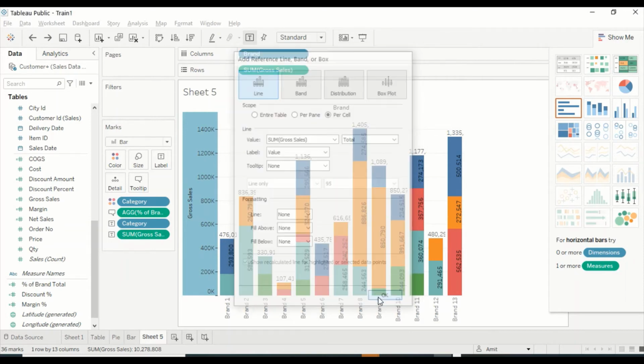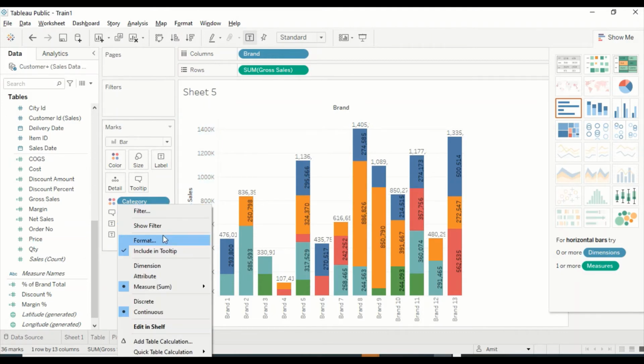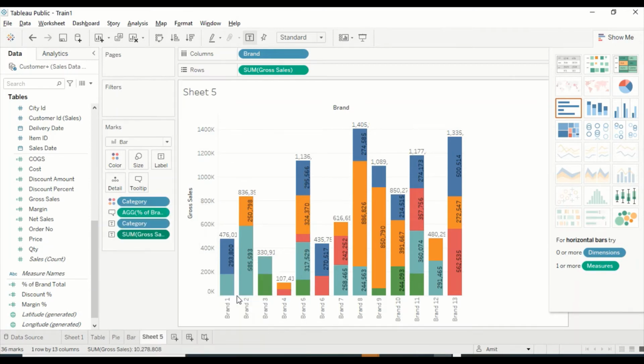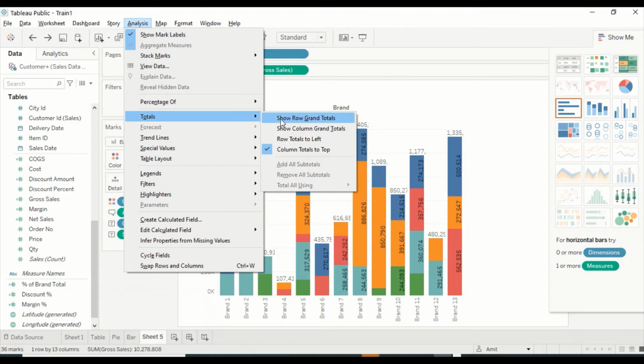Okay, so let's go ahead and show this. Now this value is basically cutting down. So basically this is nothing but the sum of these values. If you look at it here, the value actually has been cut down, but this is nothing but your grand total. Now if I change it to, let's say, percentage of total, okay, so now this is your percentage of total. Now let me reverse it. Now if you go here in the analysis, there are a few options. Like if I go here and I have the percentage, now I can show table, column and all those, but I'll go to total and I'll say show grand total row.